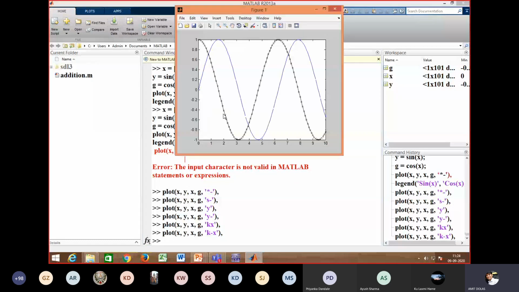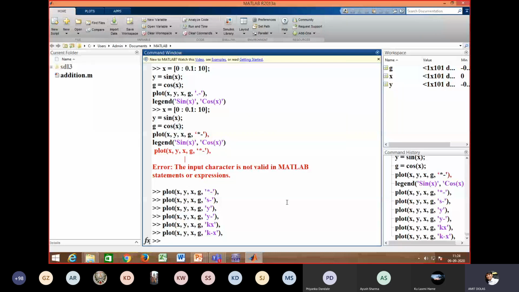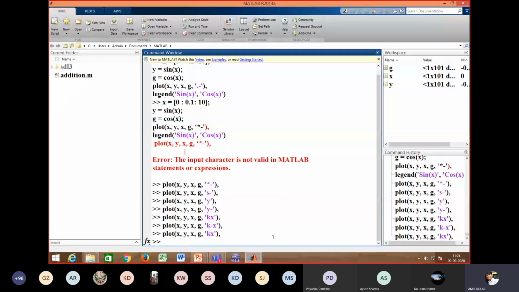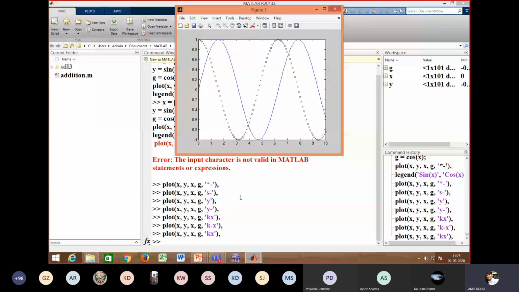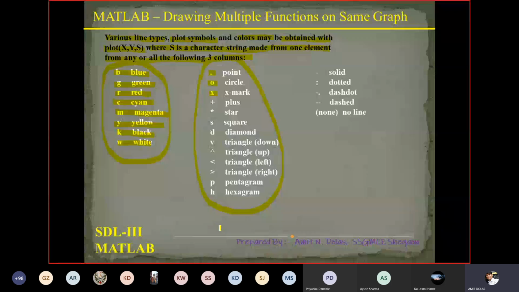There is a line along with marker X at the particular instant, that is 0.1. Again, I remove the line, it is automatically removed. So accordingly, you can change. Again, we'll not try all these symbols.